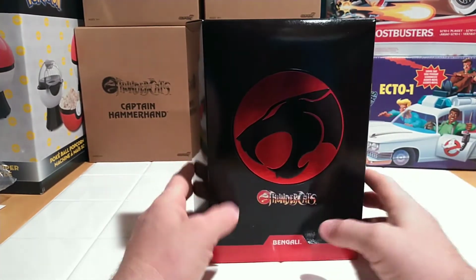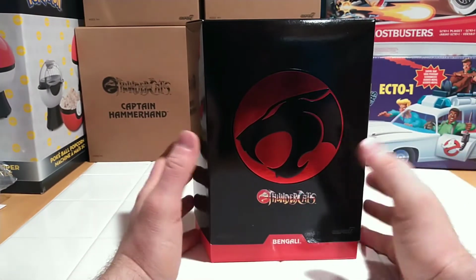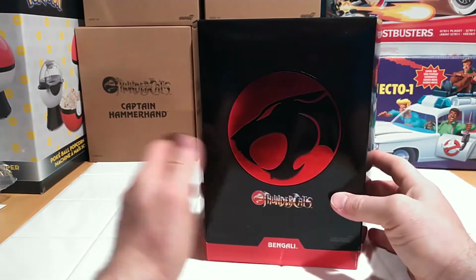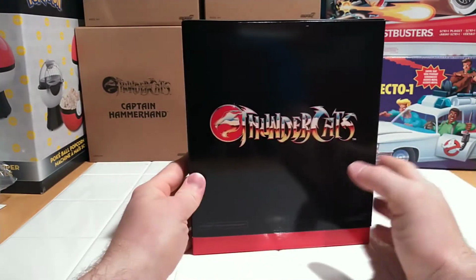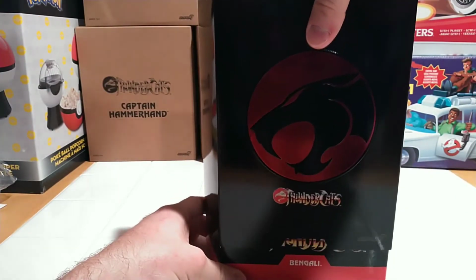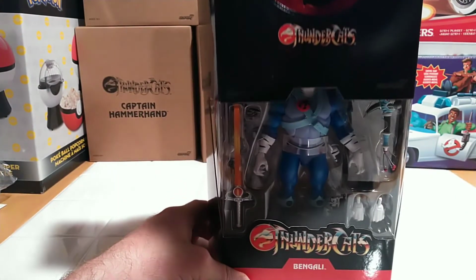I feel like the slip covers were a nice little novelty when they started, and at this point I think they're completely redundant. It's just, to me, a waste of paper. It's a waste of money. Let's slip them open and reveal